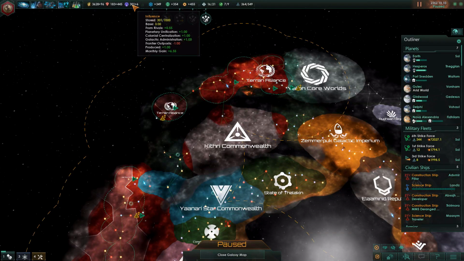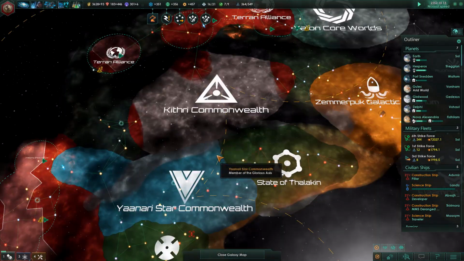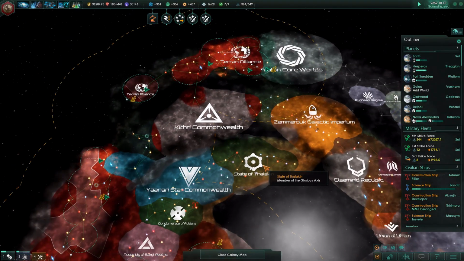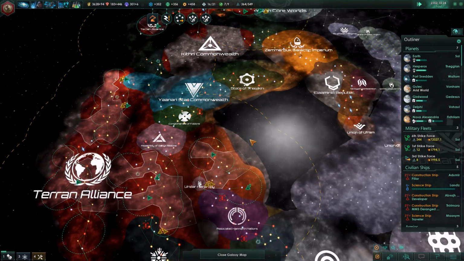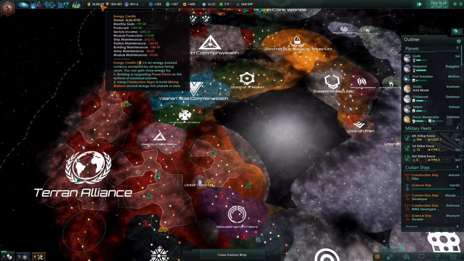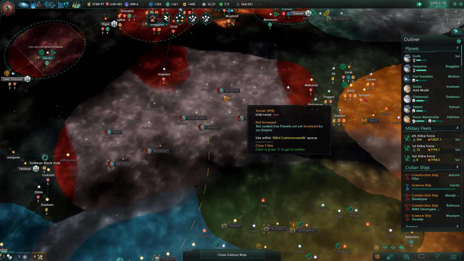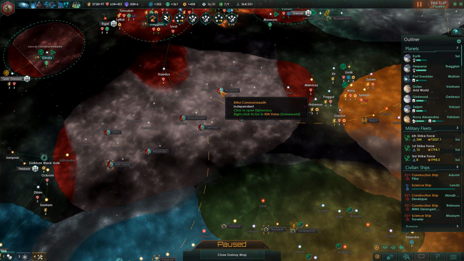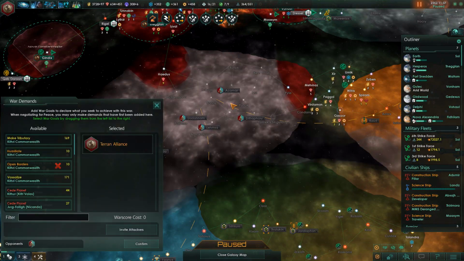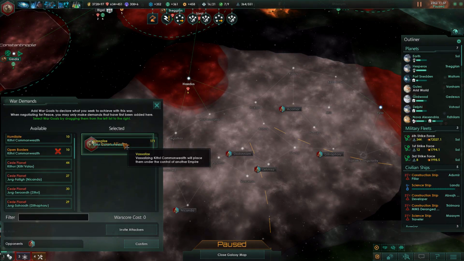That leaves us with 300 influence, but we're getting 6. So that's not too bad. Anyway, what about that war? I think we should declare war. It's supposed to be harder to maintain positive energy now. We'll see about that. But I think we'll just declare war. Let's do it. And we'll grab a few planets. Vassalizing them would cost a little bit too much war score, I think, although...